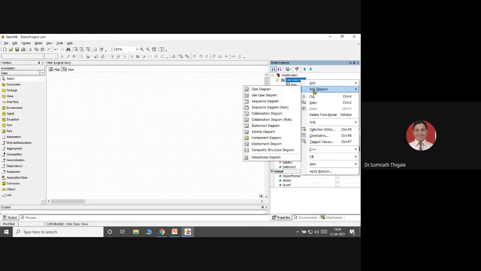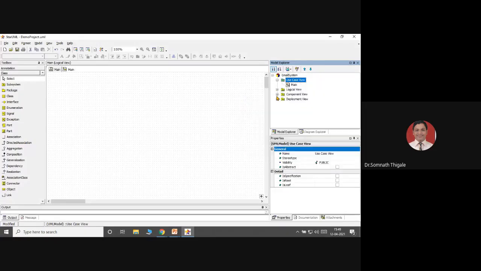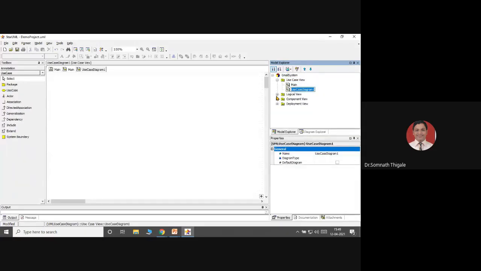I'll select use case diagram and I'll rename this Gmail login system. Simply double click.